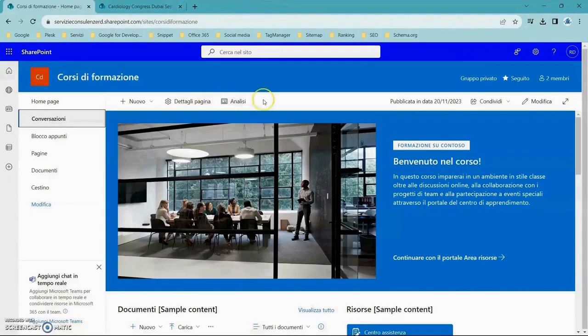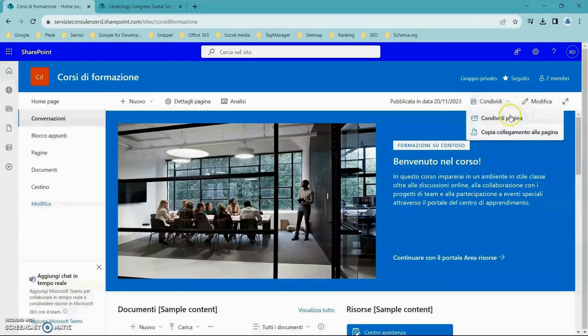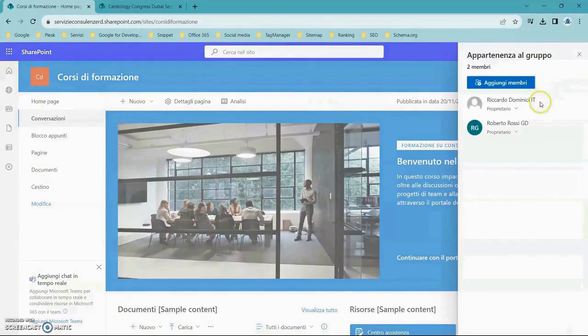From here, I can edit the page, but we will see that since the page opens in layout mode for editing, the editing will be very simple. No code, just with buttons. Here we can share the page, where the members who are part of the SharePoint site are visible. We can change the member's status. I assign them as owner. I could downgrade him to a regular member. So for example, he will no longer be able to invite other people to join the SharePoint site. You will also be able to remove him from the group.